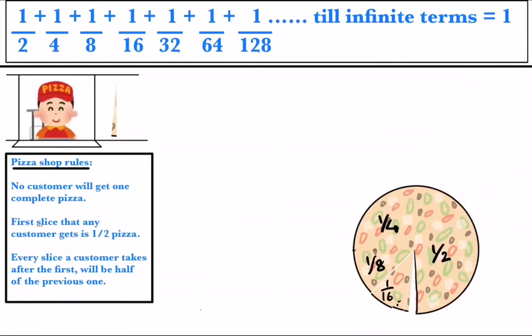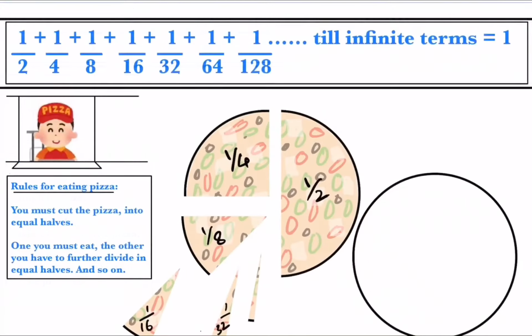Now every successive slice that you take is half of the previous one. So this remaining part of the circle that you can see, okay, it's gonna take infinite slices to fill up this gap. To prove this, let's consider a vacant circle. And as you saw, every slice that comes in tends to take the shape towards a complete circle. So if we place these slices one by one in this vacant circle, you'll see that any slice that comes in fills up only half of the gap which is left.